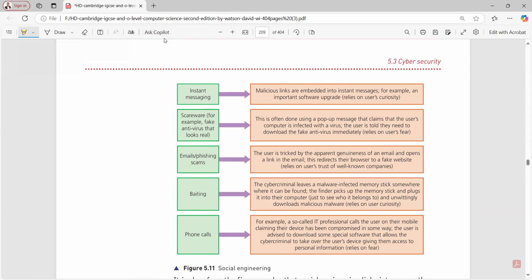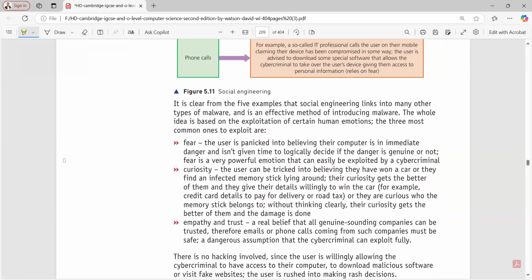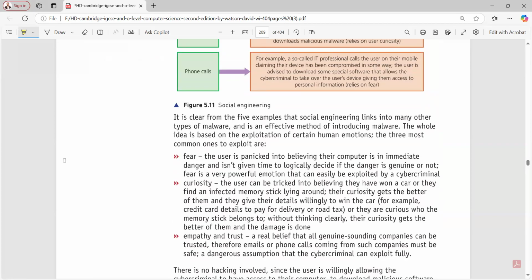So I'm sharing this diagram with you as these words can be quite important for you. So this is initially for social engineering. What are the five examples that involve the risk? First of all, social engineering can cause fear. People can start panicking, believing that this is a great danger, or that it is really powerful and can impact them.